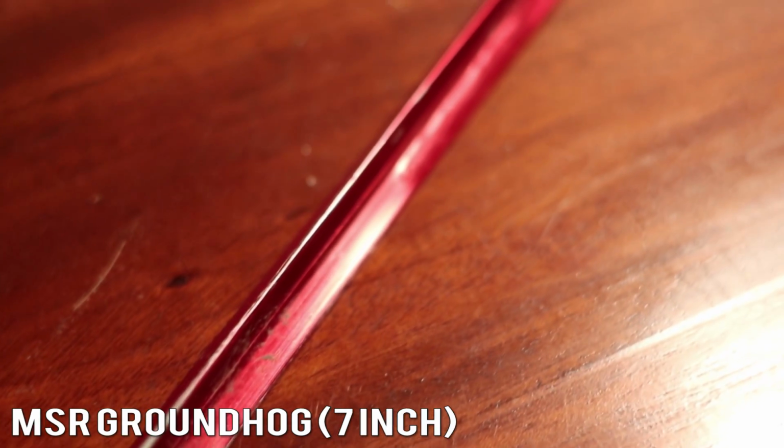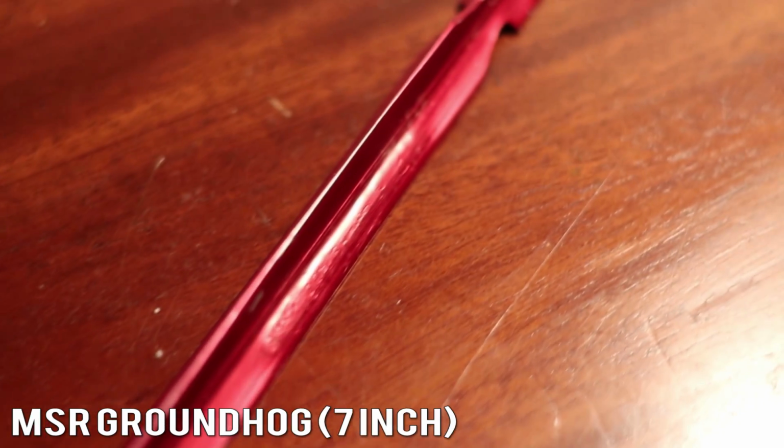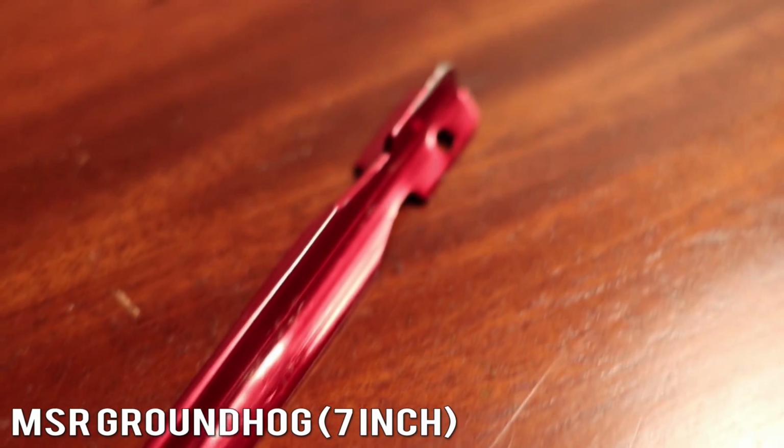So then what I started doing is I had some old MSR Groundhogs that I had in the gear closet for a while. I had those with my first tent too, like 10 years ago. I actually bought the MSR Groundhogs for the Gossamer Gear One tent, where there were two pullouts that had a lot more pressure on them, so I had two of these that I bought for that tent. So I started using the Vargo Ascent stakes in combination with two of the MSR Groundhogs, and everybody knows the MSR Groundhog is just a fantastic...